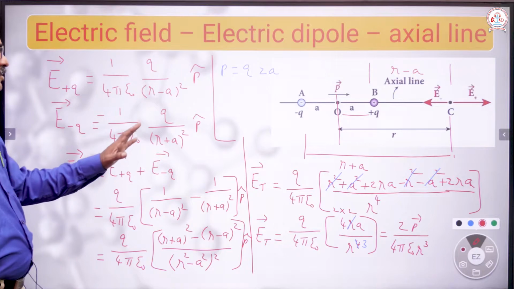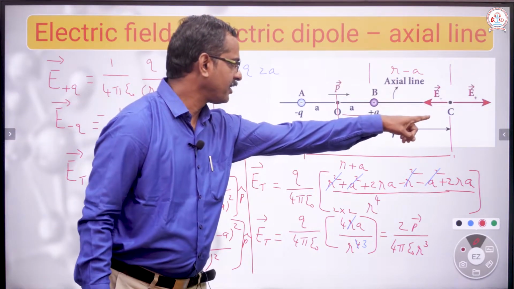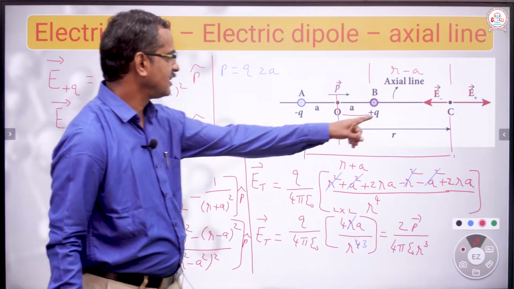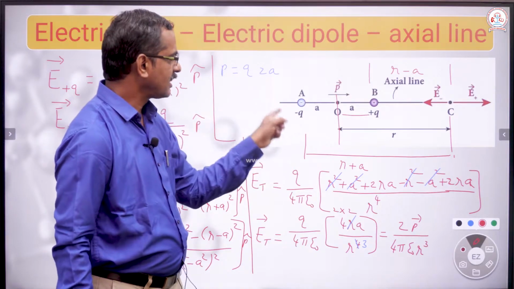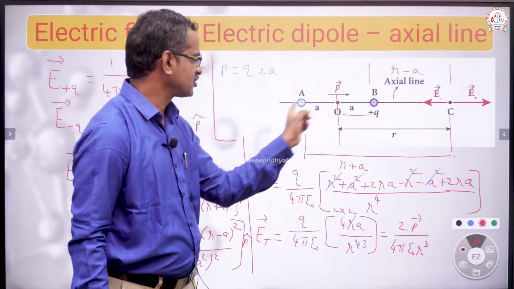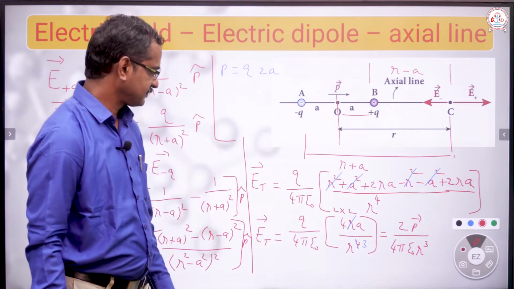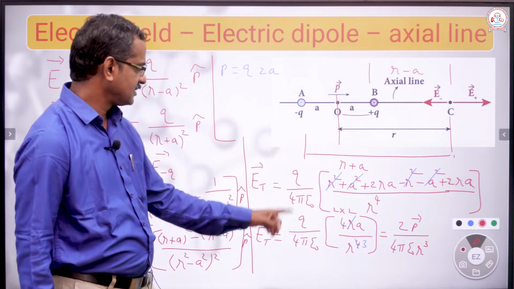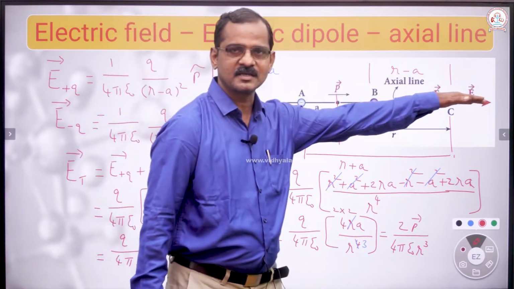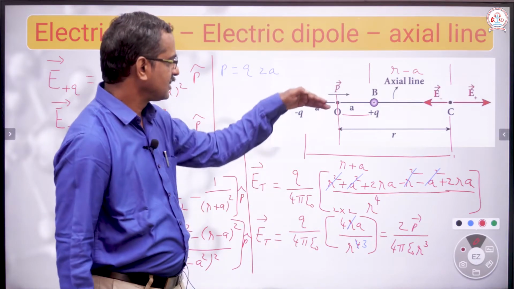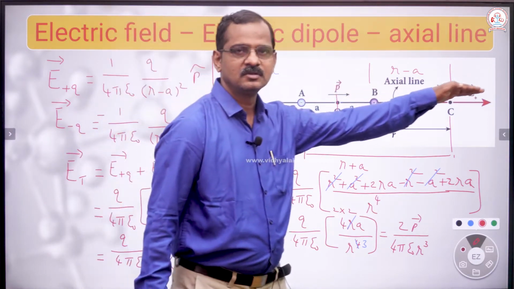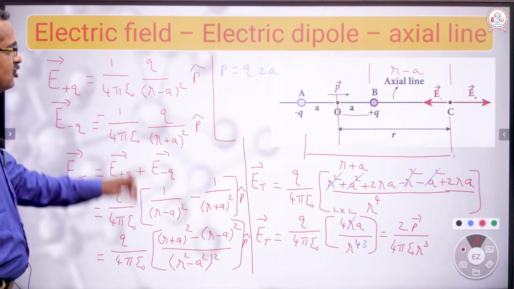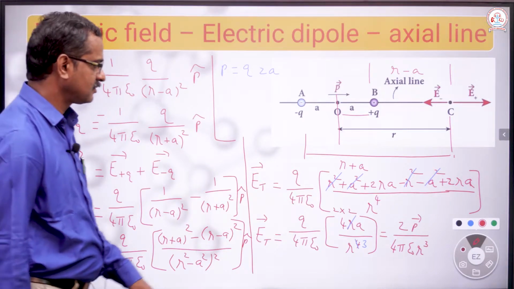So this concept is about electric field at a point which lies along the axial line. We have derived an equation for electric field at a point due to electric dipole. Electric dipole is two equal and opposite charges separated by a small distance. From the equations we understand that the resultant electric field is acting along the positive x-axis. See, the plus sign is there, there is no minus sign. This is the electric field due to an electric dipole along the axial line.